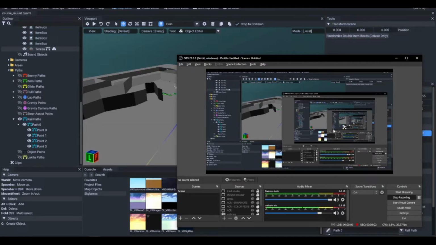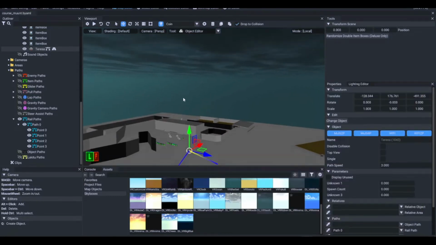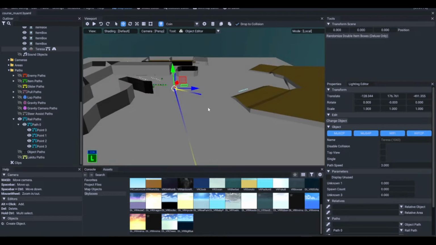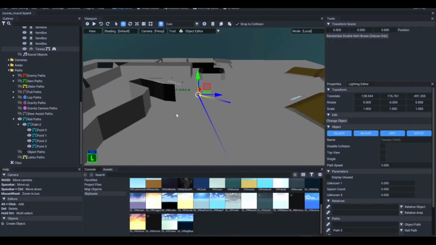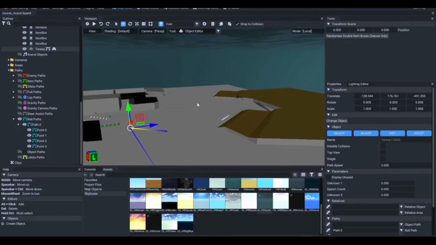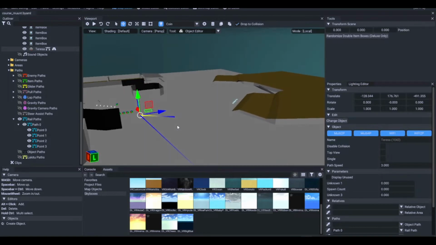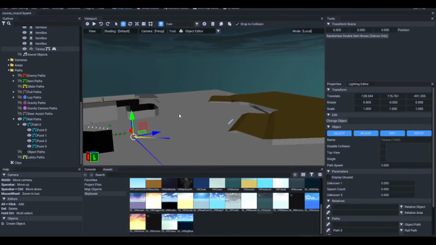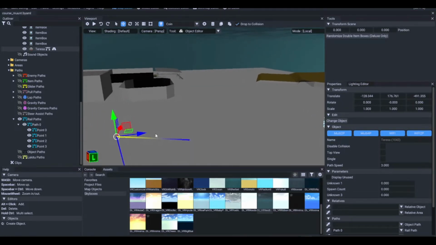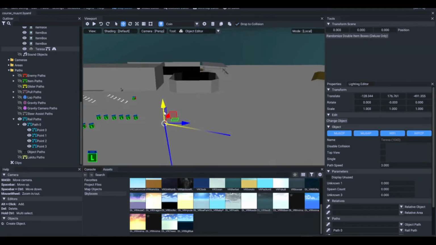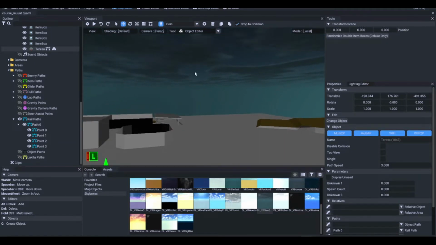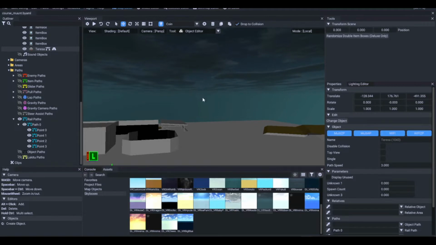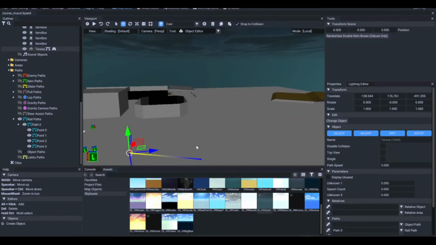So this is a quick tutorial, I guess, a tip on how to get the skybox rotating without any major scripting or tweaking extra files. It's just using the game inside and messing with the game objects. So what you want to do essentially is link the sky to an object that's going to be moving on